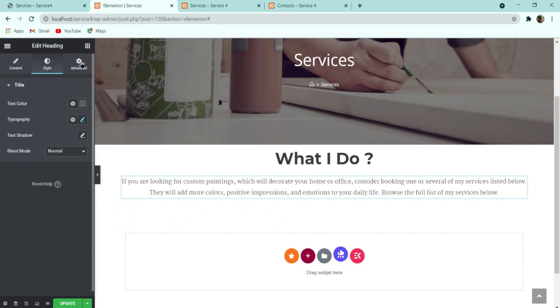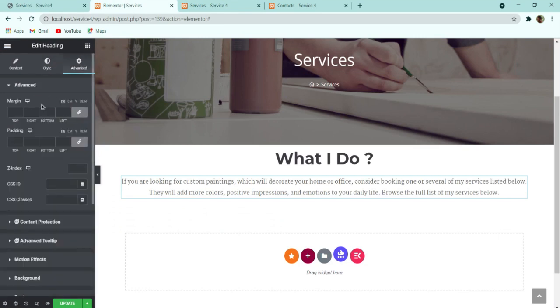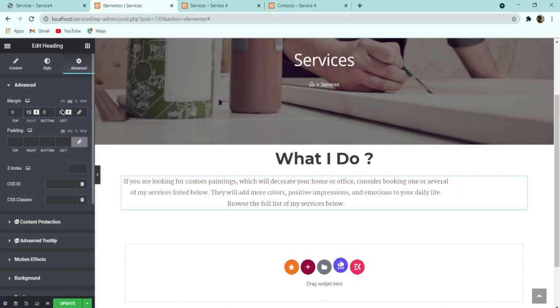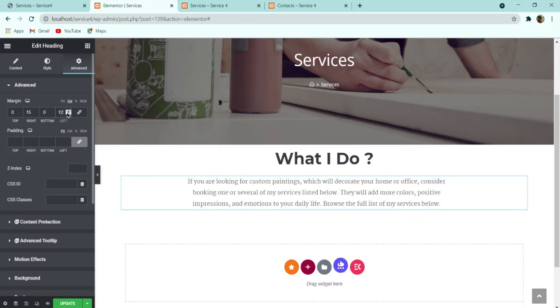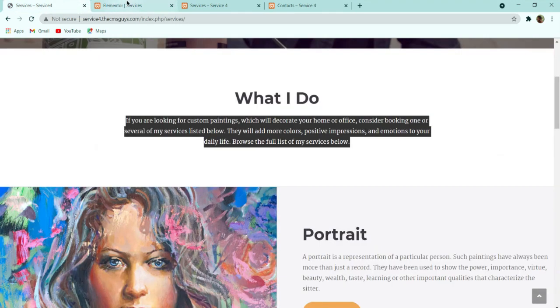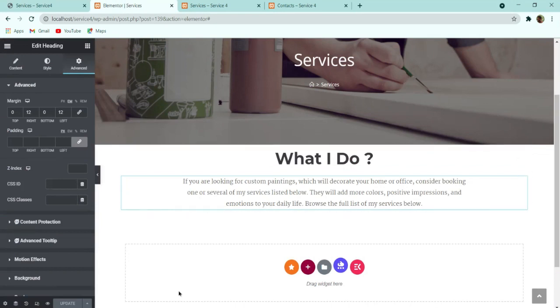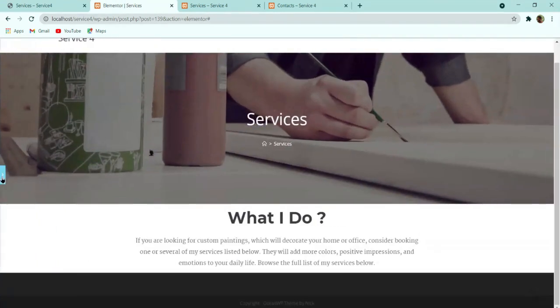After that, here you can see that we have to add some left and right margin. So for this we have to go to this advanced setting, and here you can add a margin. So unlink it, and make sure that you have selected this EM, and add 15 left and 15 right, or you can reduce it to 12, and for this also 12. I think 12 is also looking good. So with this, here you can see that we have completed this section.